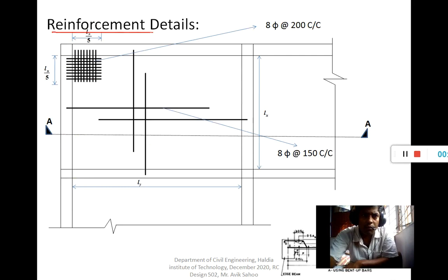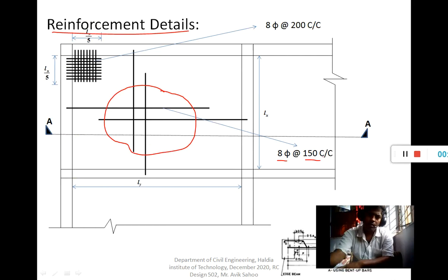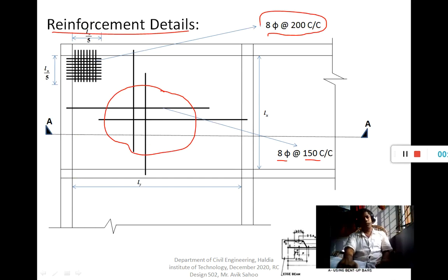Now here we draw the reinforcement details. The plan views are shown. You see that at middle, this is the span region. In the span we apply reinforcement at the rate of 150 center to center. And this torsional reinforcement we apply at the rate of 200 center to center, and this is 4 layer, in 4 layer,